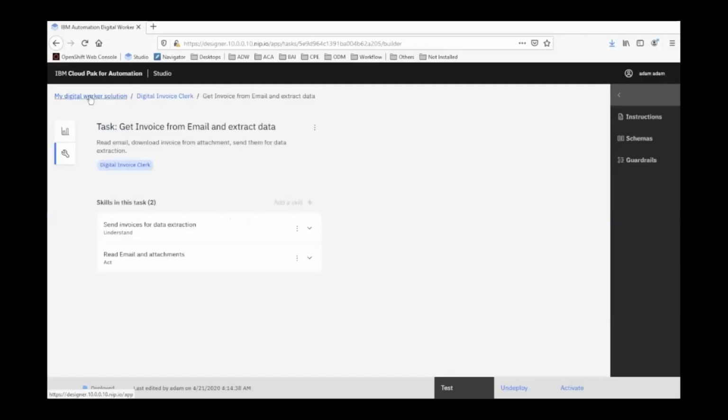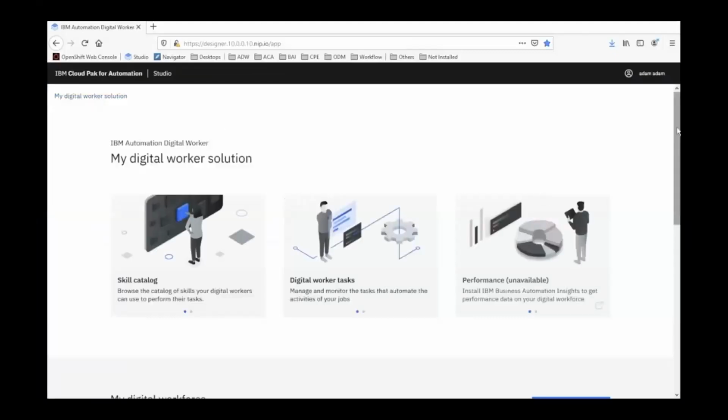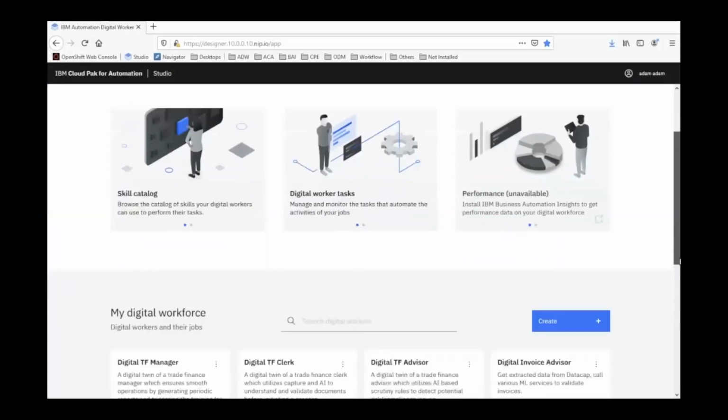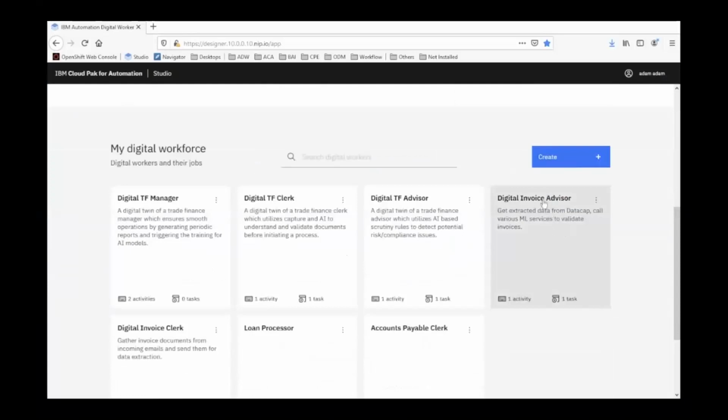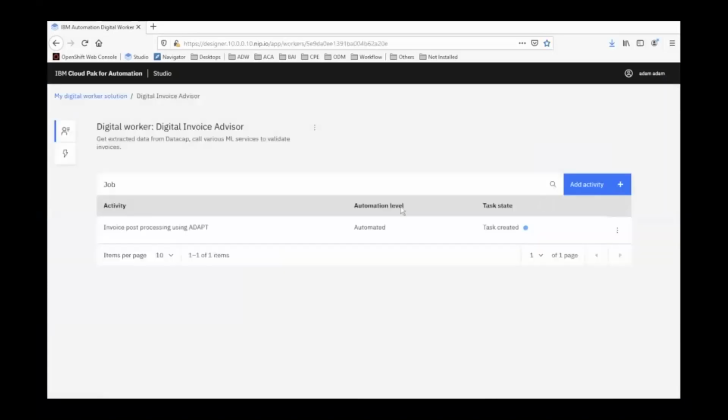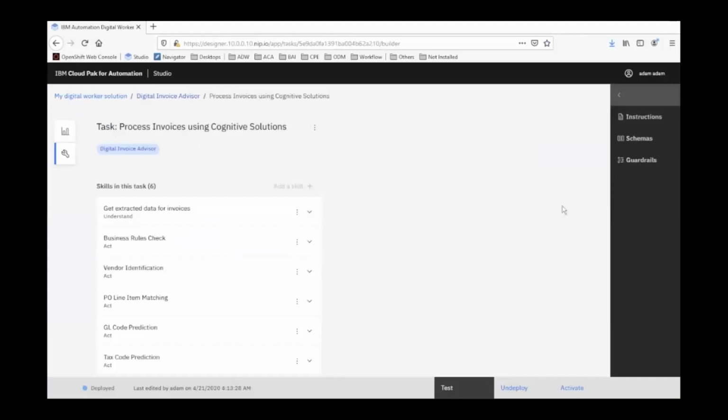So when we are dealing with data, we are looking at the second persona in this case, which is called the digital advisor, the invoice advisor. The invoice advisor's main responsibility is to collate the data from whatever was extracted out of those invoices and make a decision around whether the invoices are PO, non-PO, whether they're good to be disbursed or should be rejected, or if there are any anomalies which need to be investigated further. So that is where we are